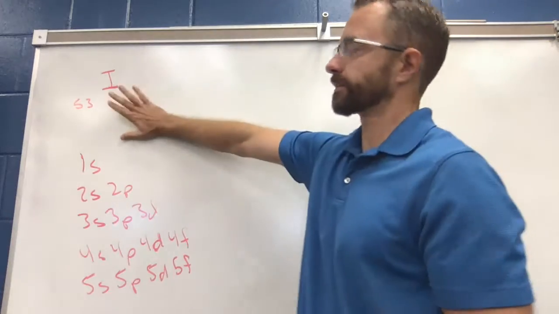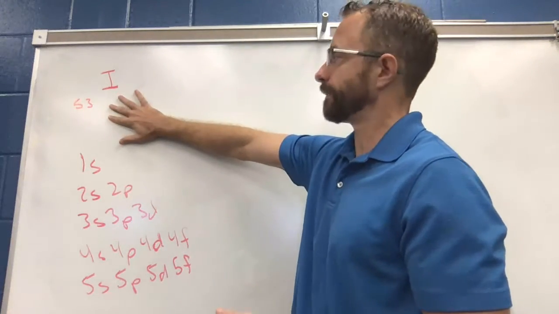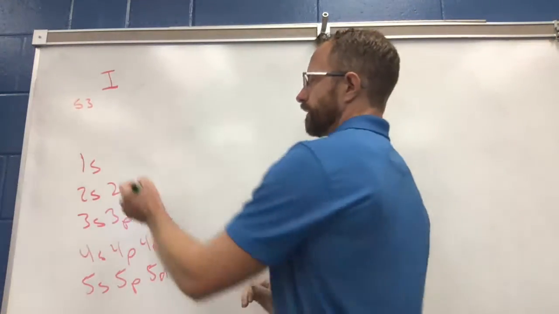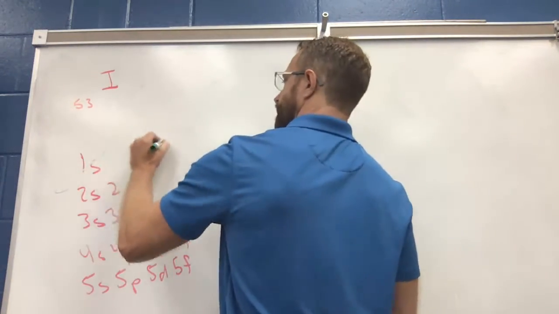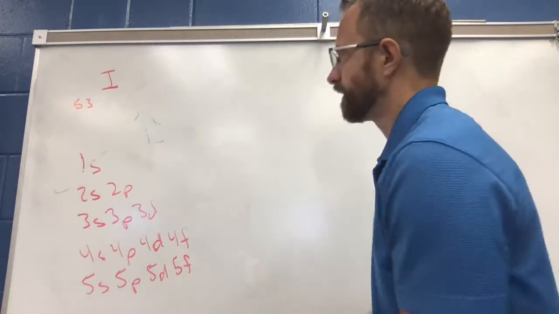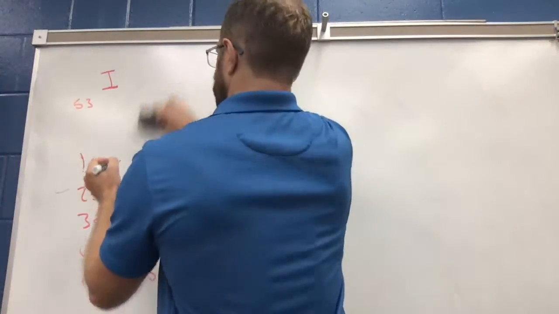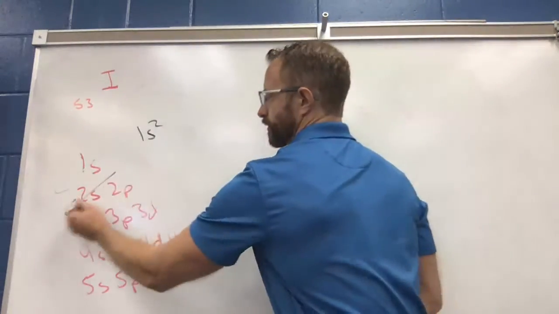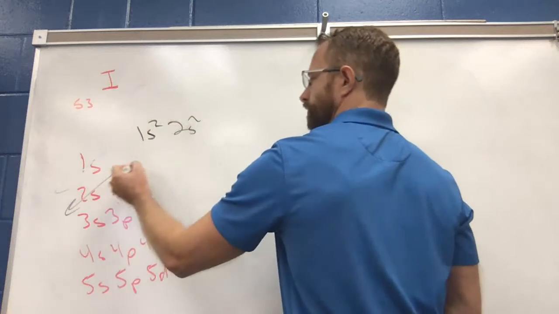So if we want to do the electron configuration for iodine, not a bad idea to pause me and just try and do that. I've got 53 electrons to put out. So I'll just start here, and that's going to be 1s2. I don't want to do orbital notation. I want to do electron configuration. So 1s2. From there, we would go to 2s, 2s2,